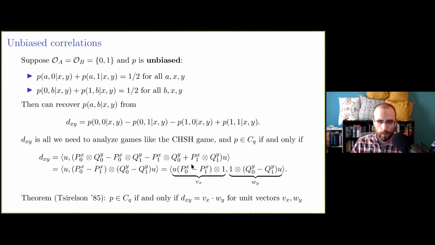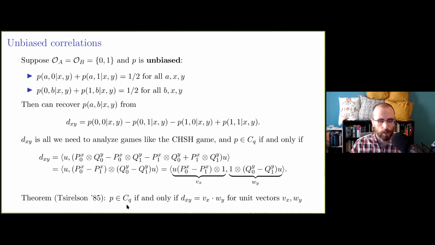So it's a unitary times a vector and another unitary times a vector. These are two unit vectors for this d_xy. So what you get is that d_xy is the inner product between a collection of unit vectors v_x and w_y. And then what Tsirelson showed in '85, as part of founding the study of quantum correlations, is that